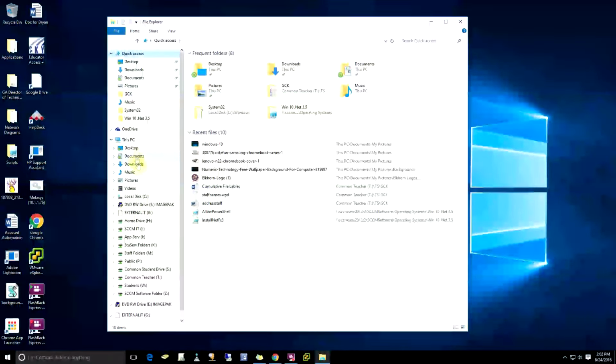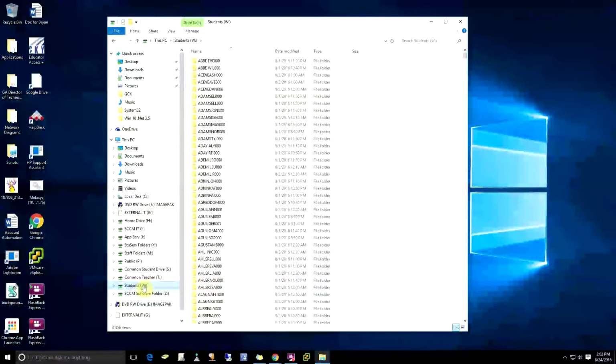If you just click on the arrow, it'll drop down your C drive, your H drive, your M drive, or your K drive, whatever you have, P drive, T drive, S drive. Please keep in mind, teachers, that you have access to this W drive, okay? This W drive is for the students, okay? If you have your students doing PLTW work, if you have them doing video editing, if you have them doing anything that's more computer-based and less Chromebook-based, you can have them save their stuff to their H drive, and you can go in and find any student here, and you can actually